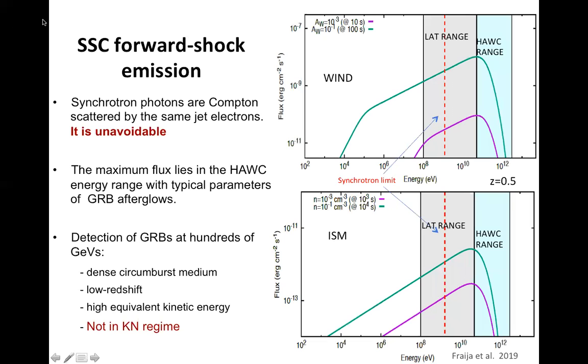So this is the motivation. The synchrotron self-Compton forward shock emission predicts emission in the energy range in which HAWC operates. Synchrotron photons are Compton scattered by the same electrons. It is unavoidable. In the upper and lower figures you see the flux as a function of time, the light curve, and the spectral energy distribution, the flux as a function of energy,